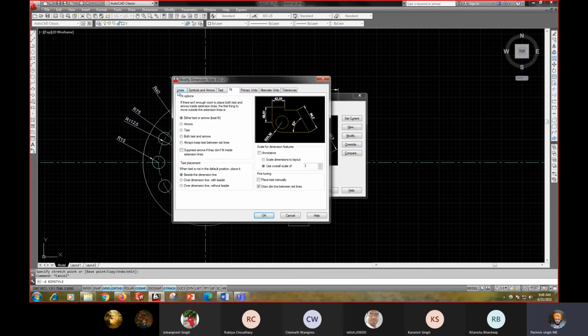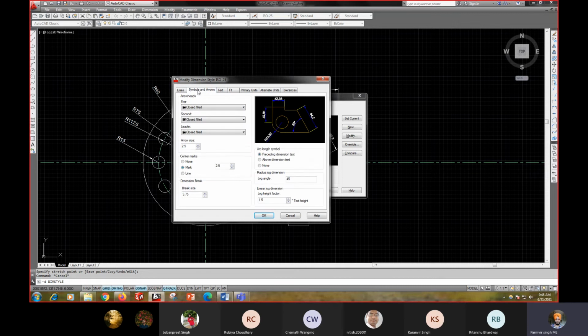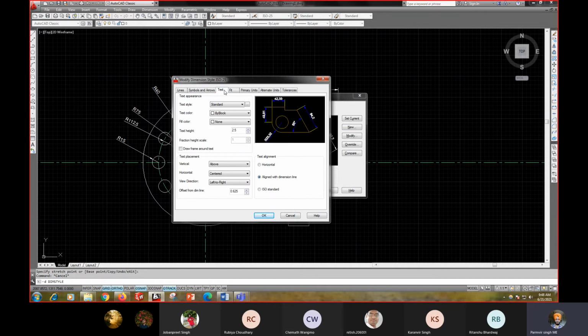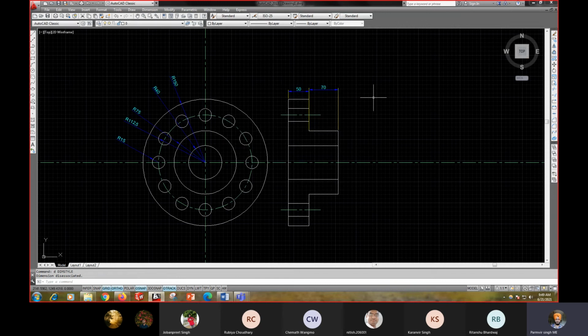Go to modify line type. You can change the line type color, extension line color, symbol and arrow, text size, text style. You can change. Okay, then set current and close it. Now you can see the color option.